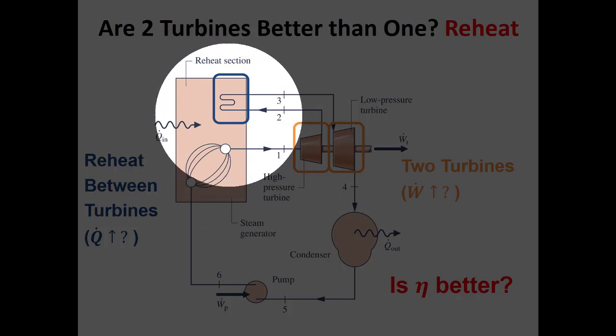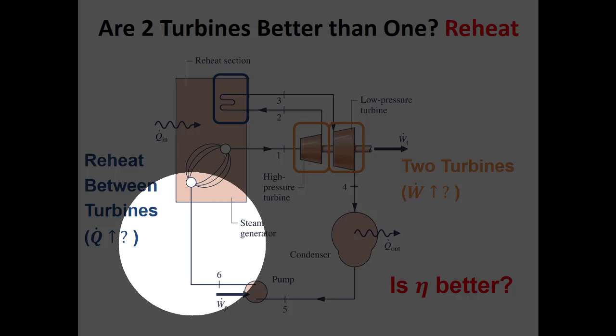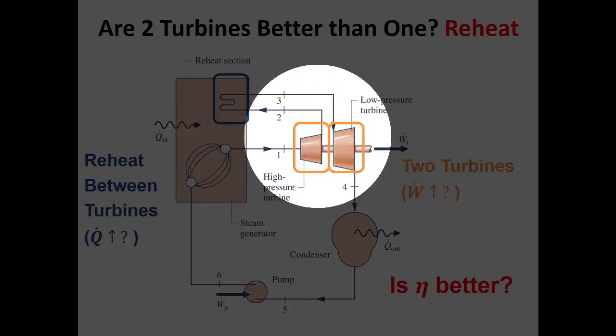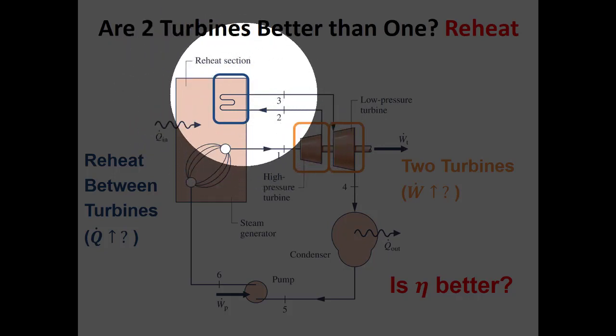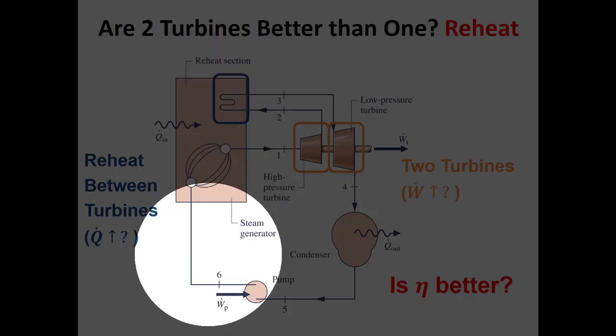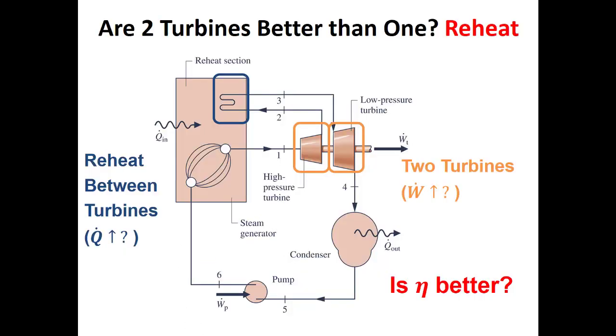But it's less energy than it takes to get from a liquid at high pressure, right? Because here we're probably going to be either some high quality mixture or maybe even still superheated vapor. So we're putting enthalpy in here, but it's at a lower cost in terms of heat rate than heating it up from a liquid. So this is called a reheat cycle because we reheat the working fluid, right?